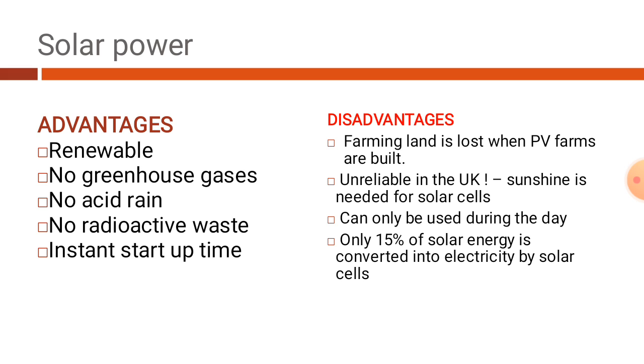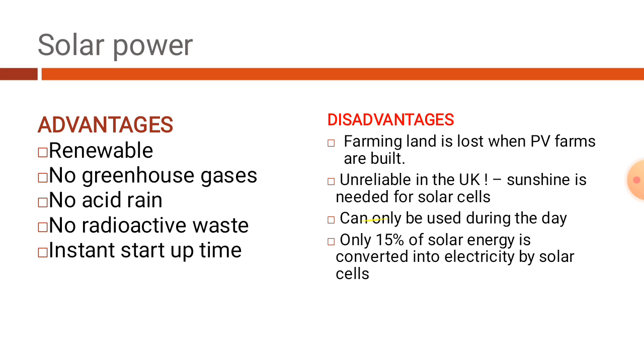Okay, and it's unreliable in places like the UK, because in the UK there is very little sunshine. Whereas in other regions of the earth, for example tropical regions like the Arabian Peninsula and South India, Tamil Nadu, where we get plenty of sunlight, it will be reliable. But in most of the European nations, it's unreliable.